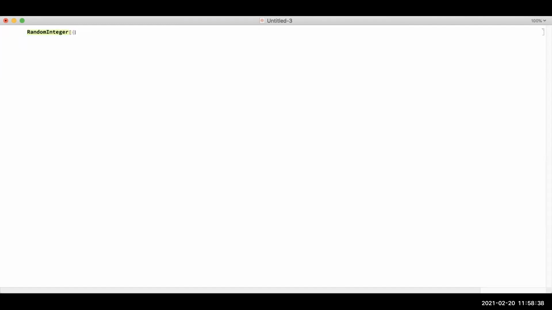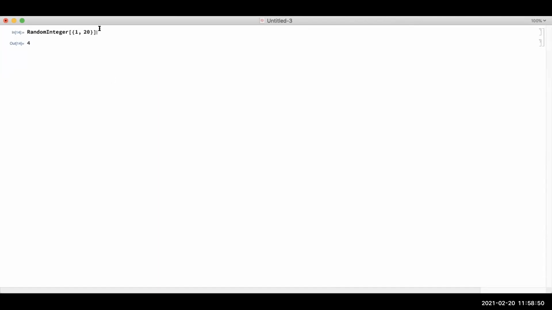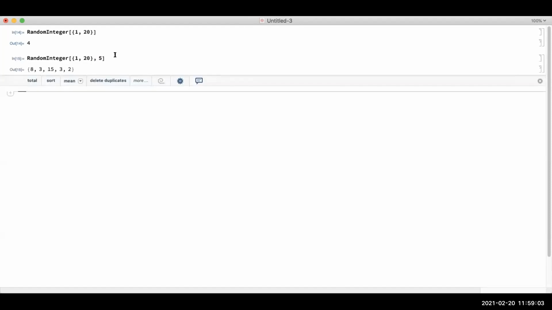Let's go from 1 to 20. So a random number between 1 and 20, 4. If I wanted to do, let's say, 5 numbers between 1 and 20, I'll just say comma 5. That'll give me 5 numbers between 1 and 20, but that is a simple random sample